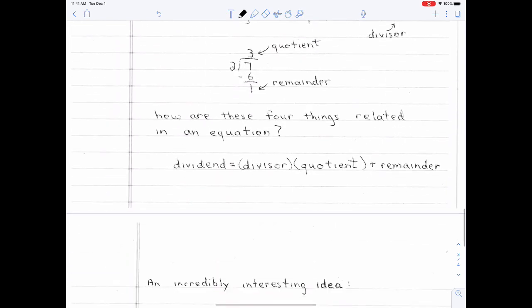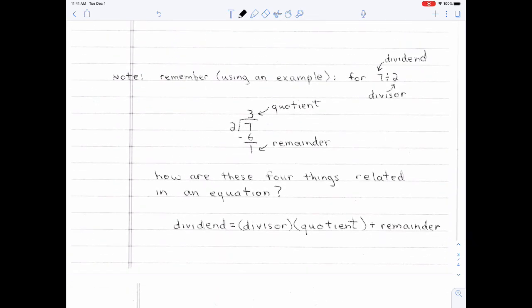Okay? All right, now, just want to remind you about terminology here. You have the dividend divided by the divisor, you get the quotient and remainder. How are these four things related in the equation? So like here,